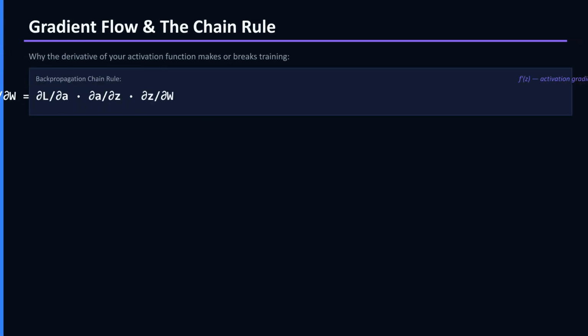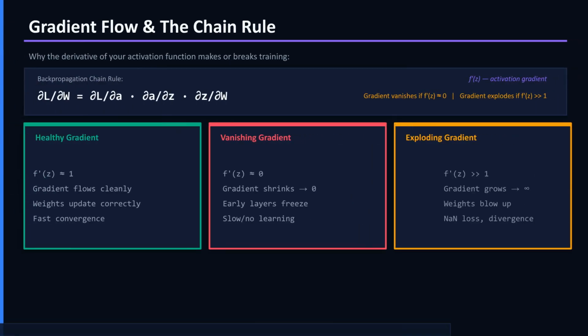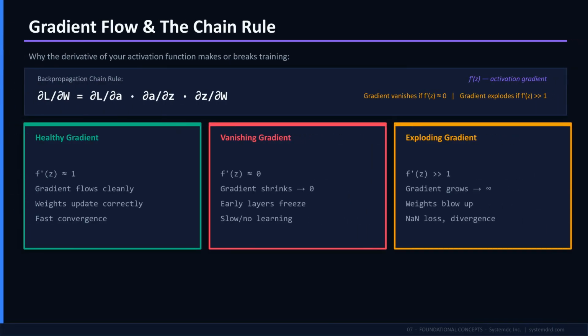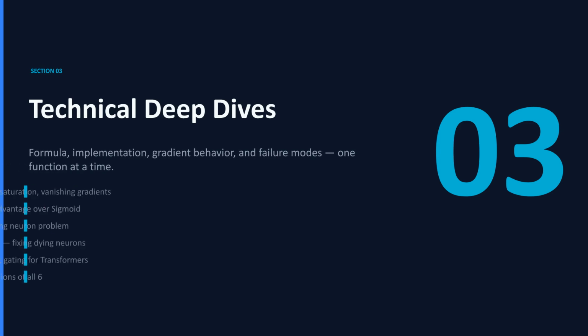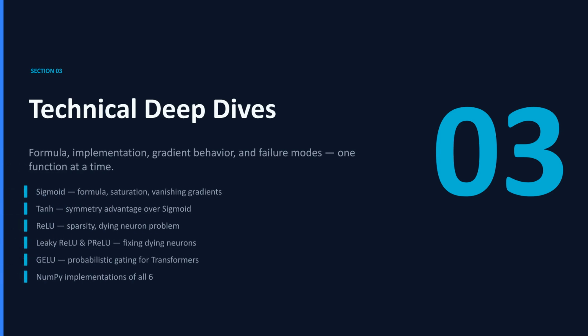The derivative of the activation function, f'(z), is the most important component during training. If it's near 0, gradients vanish, freezing early layers. If it's greater than 1, gradients explode, causing divergence. Now we begin our technical deep dives, examining each function's formula, gradient behavior, and failure modes, along with their NumPy